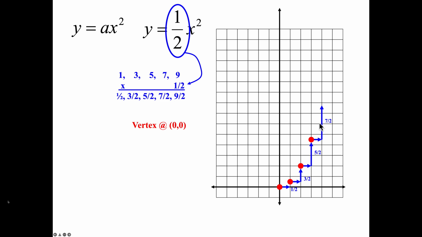1, 2, 3, 4, 5, 6, 7. I like to put my tick marks 1 to the right, up 9 halves. Draw my graph. Flip it over the y-axis. Right here, flip it over 2, 3, 4, 5. There's my graph. And again, notice compared to my original parabola, x squared, this is wider because I technically had